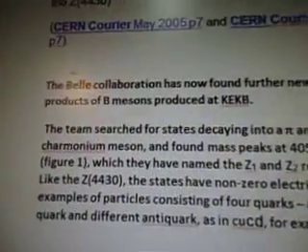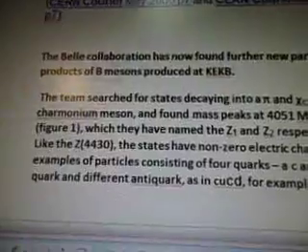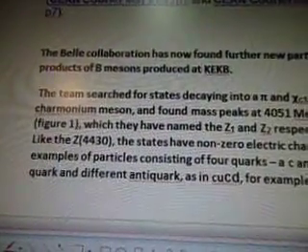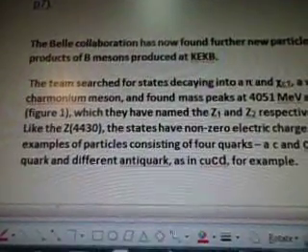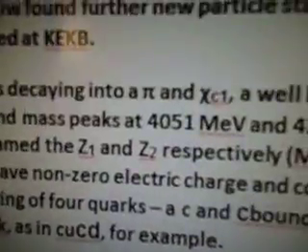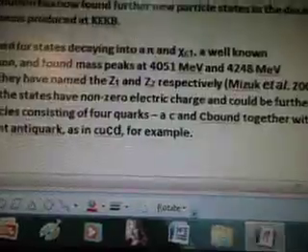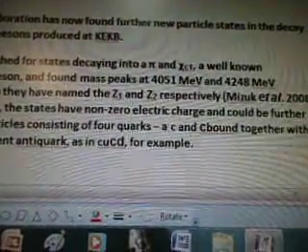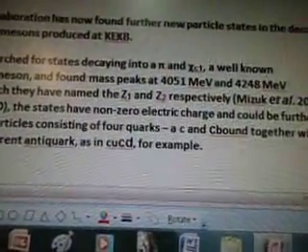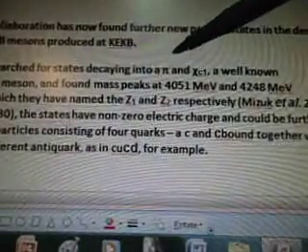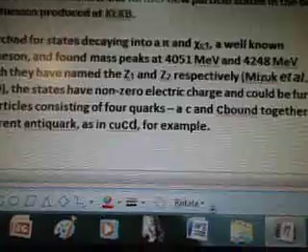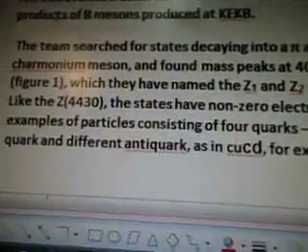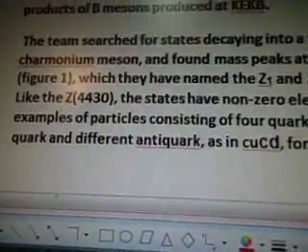The Belle collaboration has now found further new particles stated in the decay products of B mesons produced at KEKB. The team searched for states decaying into a pi and chi c1. Again, if you remember back, I keep interrupting here, right? But pi comes up a lot in the Wow Seti data as well. So anything with anything, any keyword, I always look at it and say, well, maybe we can use this, okay? A well-known charmonium meson and found mass peaks that,